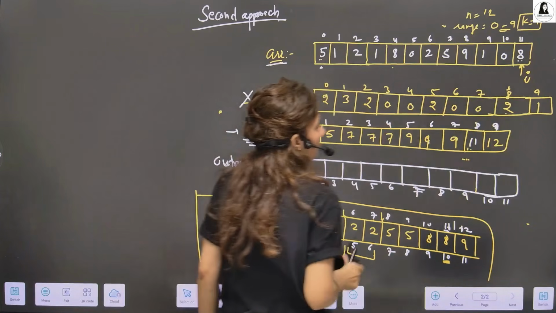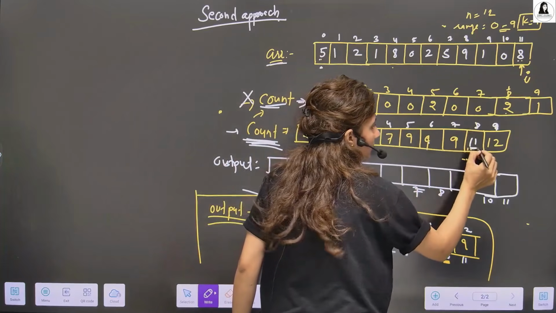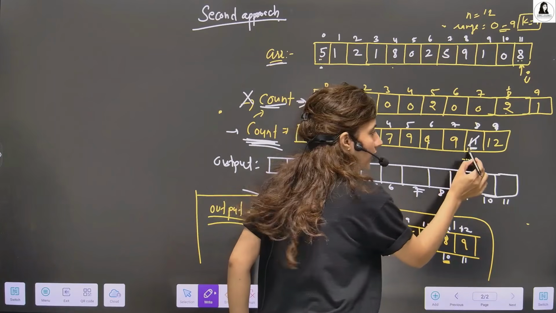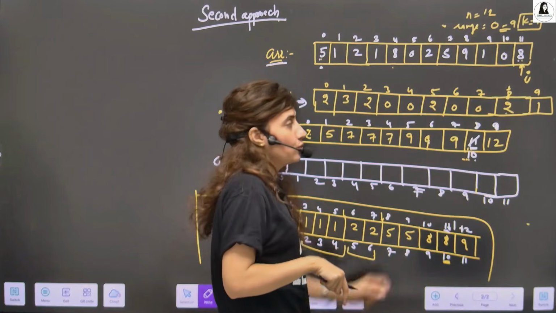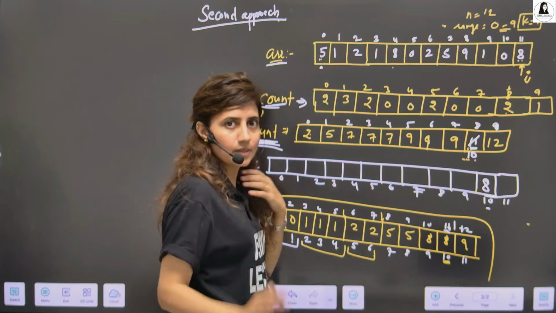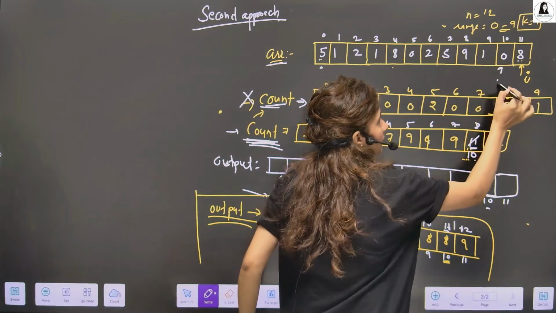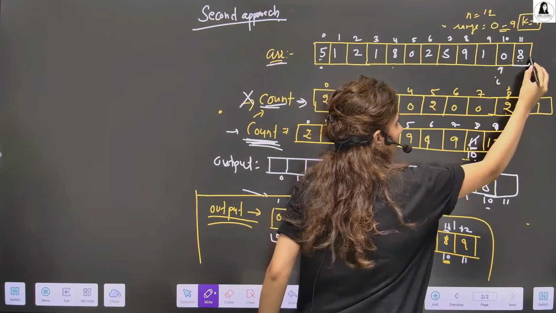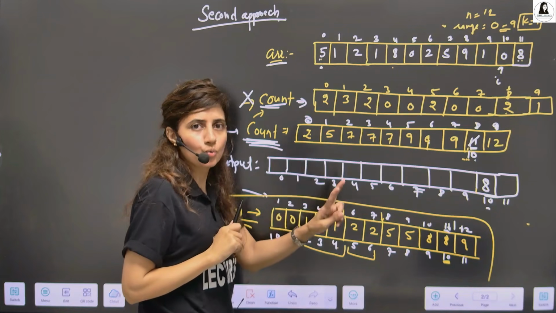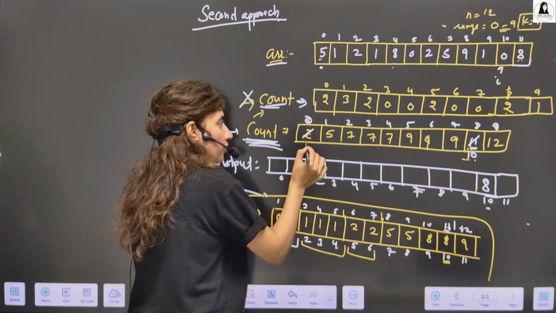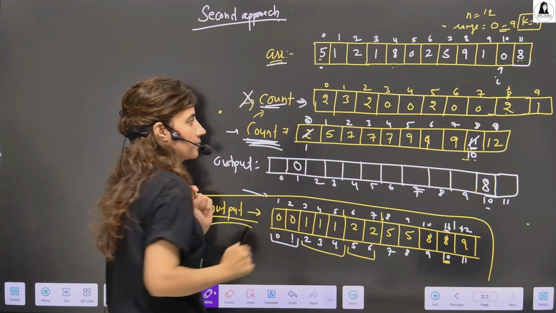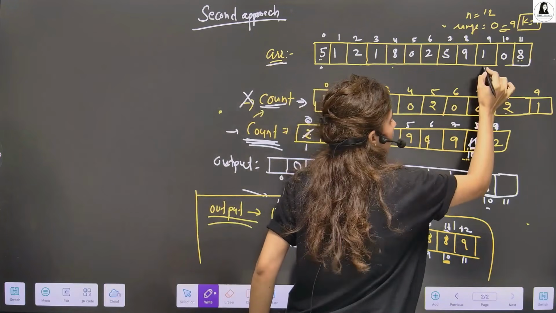Okay, now check. First is 8. Now go to the 8th index. 8th index is 11. We know that this is the position. So first we do -1 to this, that is 10. Now at the 10th index, we put 8 in the output array. And we keep moving this, I minus minus. Now 0. Go to the 0th index for this element. The last position for 0 is 2. First do -1 from here, then we get the last index, 1. So at index 1, put 0. Same, I minus minus again.